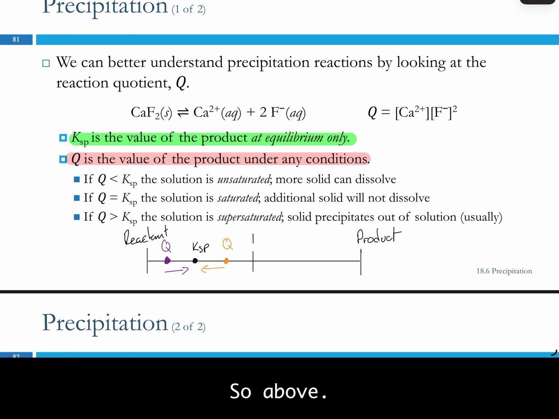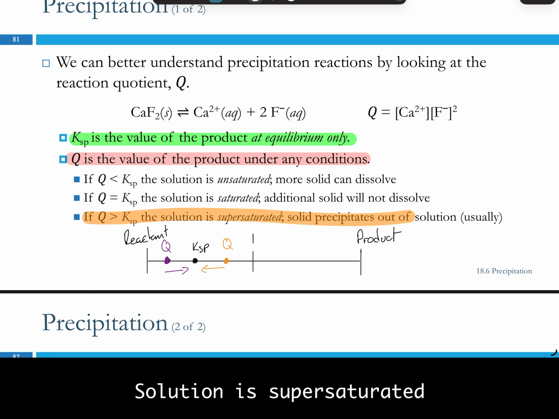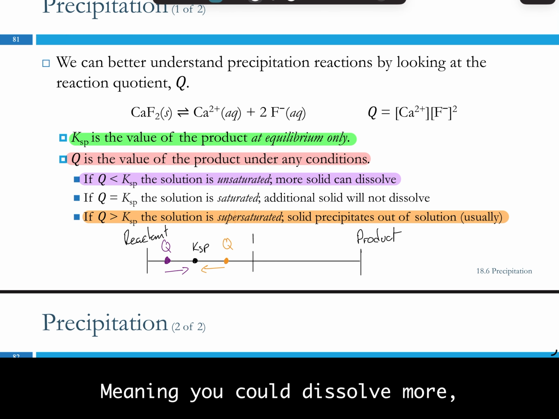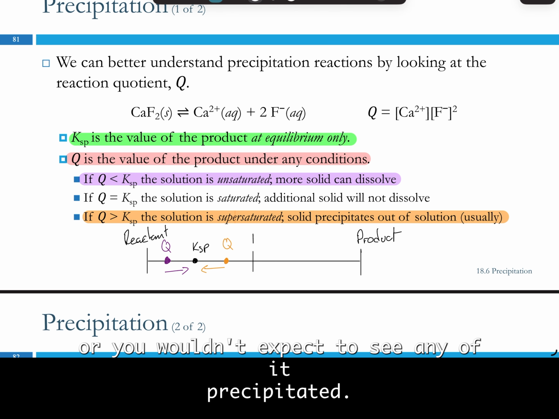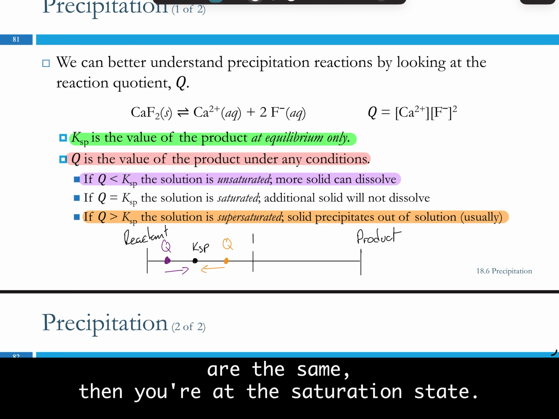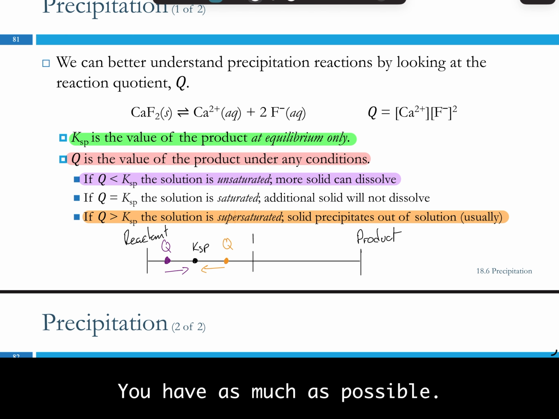So above KSP, the solution is supersaturated. Below, it's unsaturated, meaning you could dissolve more, or you wouldn't expect to see any of it precipitated. If Q and K are the same, then you're at the saturation state. You have as much dissolved as possible,